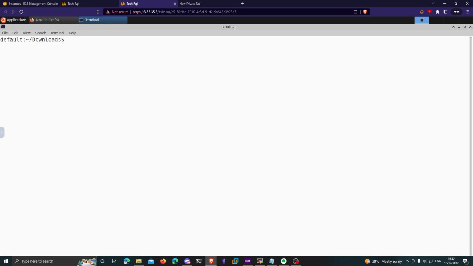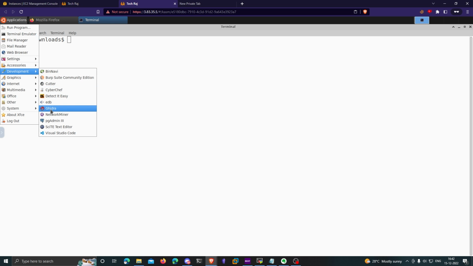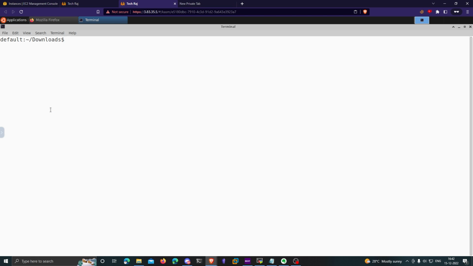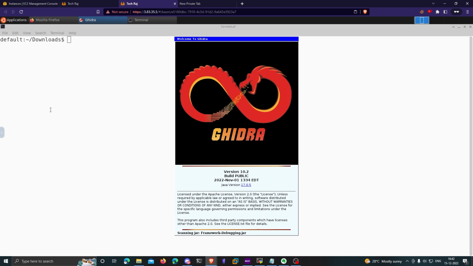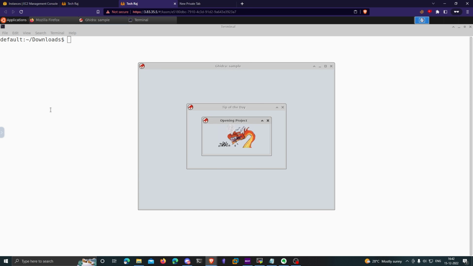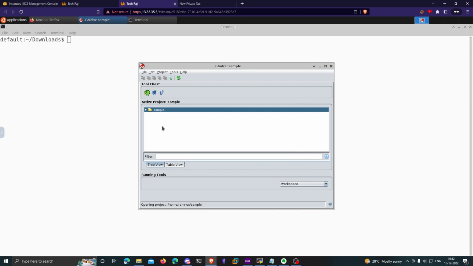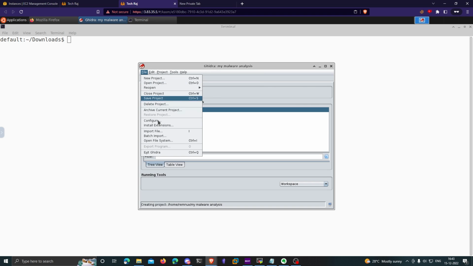All right, so the final tool that I would like to show you is known as Ghidra. You can go to applications, go to development, and you will find a file named Ghidra. Ghidra is a very popular tool when it comes to malware analysis. It is developed by none other than the NSA. It can be used to decompile a binary file and read its source code, and also to debug it while performing dynamic analysis. So first of all, I'll go ahead and create a new project here, and then I'll import my file,